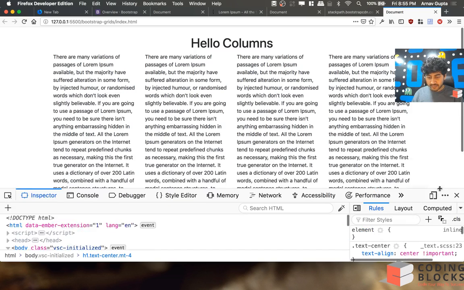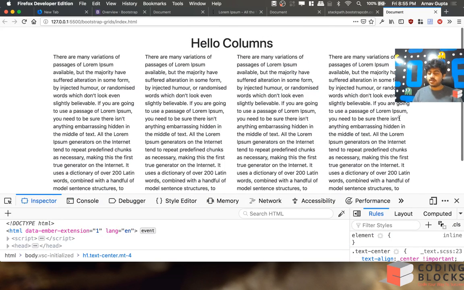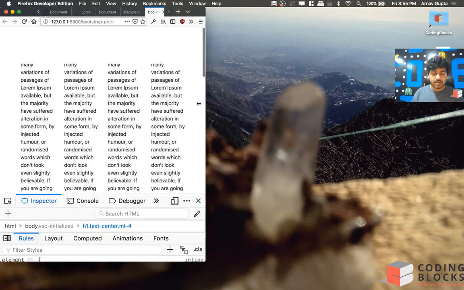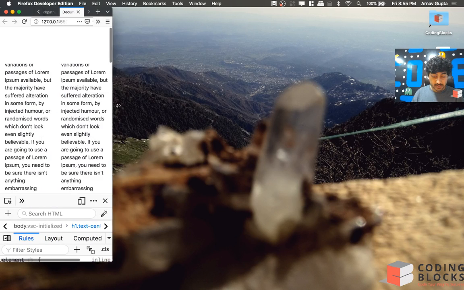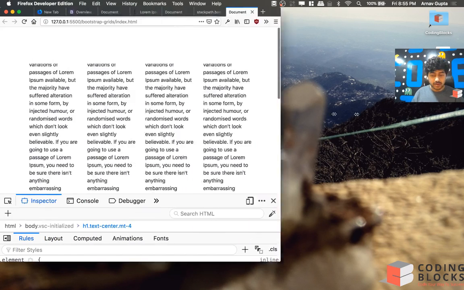As you can see, they are divided in columns like this, and when I make my screen too small, then it automatically becomes 2 columns and 1 column and like that. Okay,